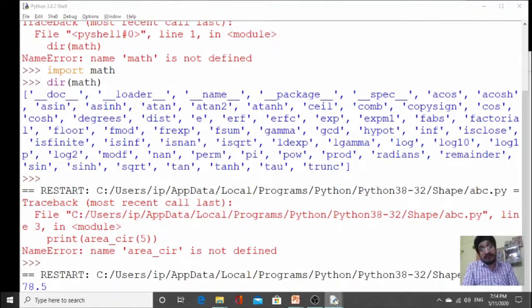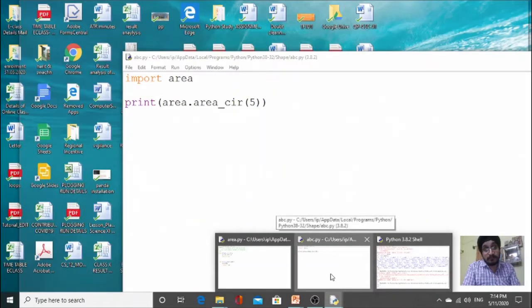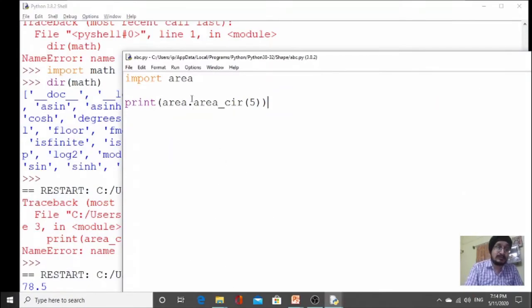Now this will be a tough routine if, suppose, in your module you have 50 functions and every time you have to write this, it will be a difficult thing. To use this in a convenient manner, we can use an alias name.